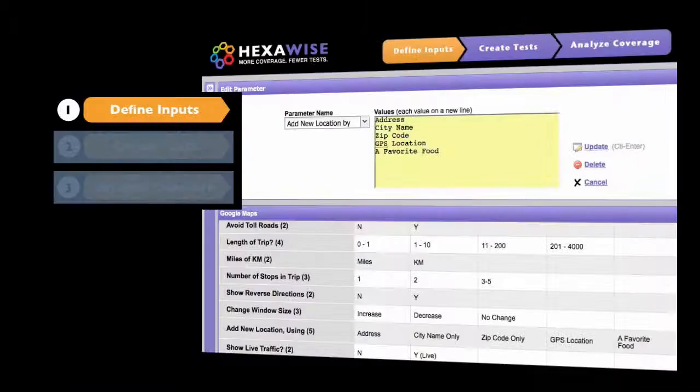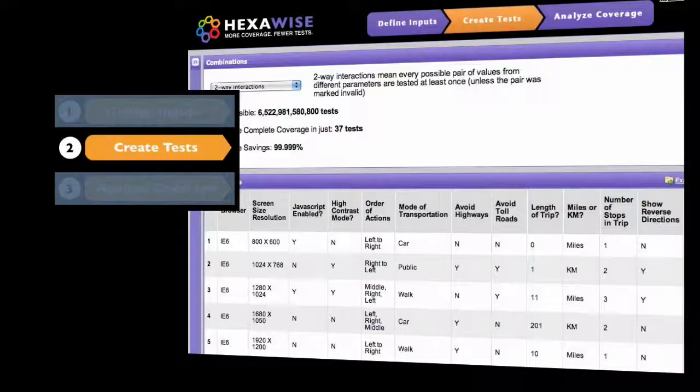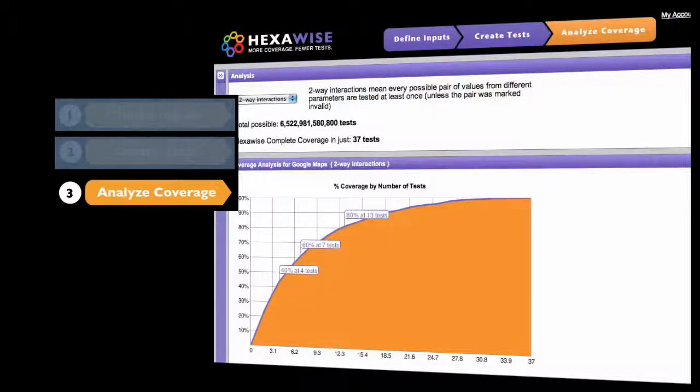I hope this introductory video has piqued your interest and made it clear that Hexawise is useful for all phases of software testing, to test all kinds of software applications, web-based or otherwise, and that it is very straightforward to use. A short video like this can't cover all the features of Hexawise,